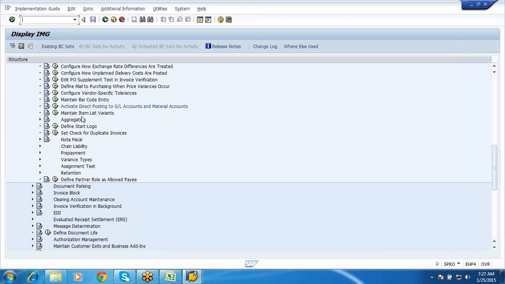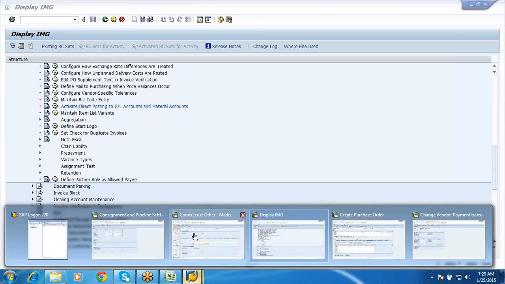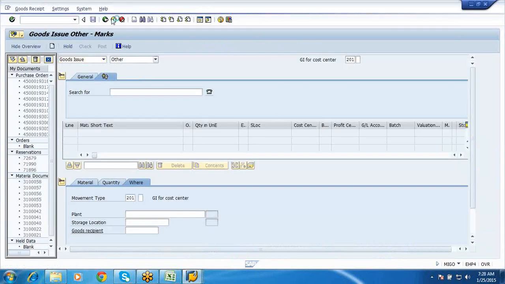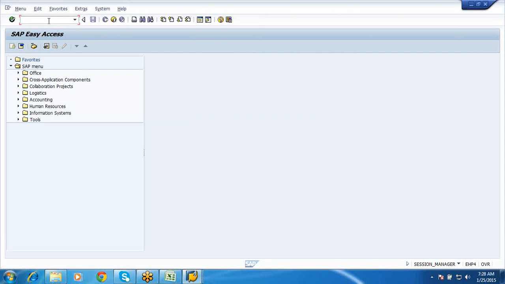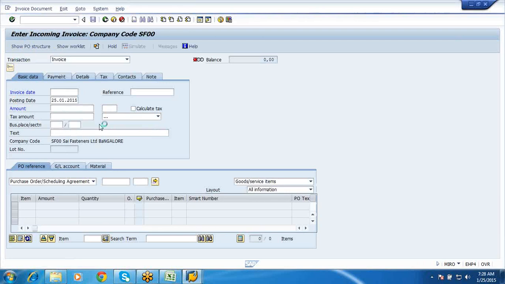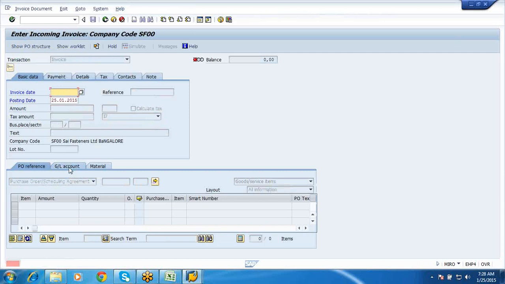See, the main difference is when I go to MIRO screen, I'll show you. Wait. Okay, see, if you remove that direct posting to GL, you would not get this tab.